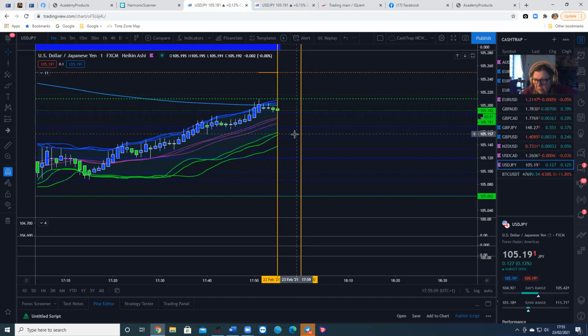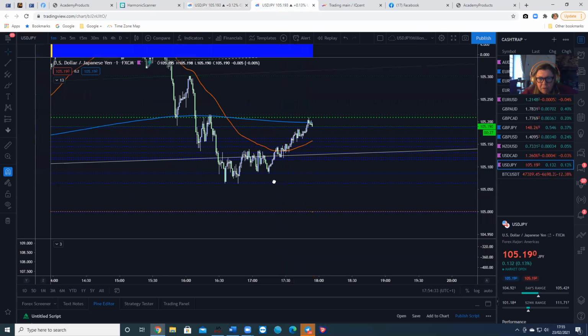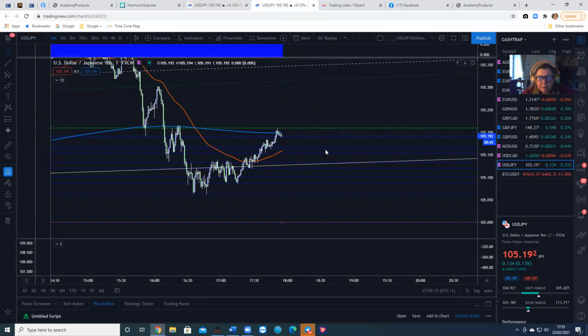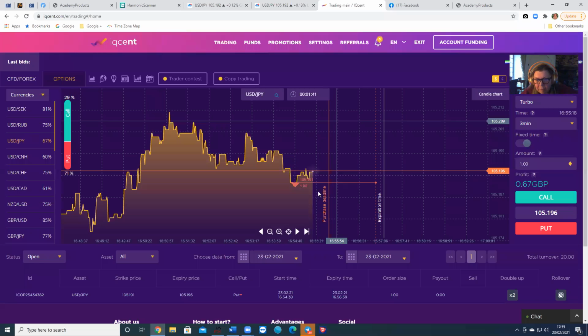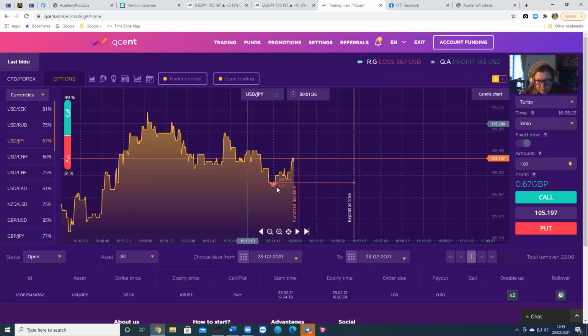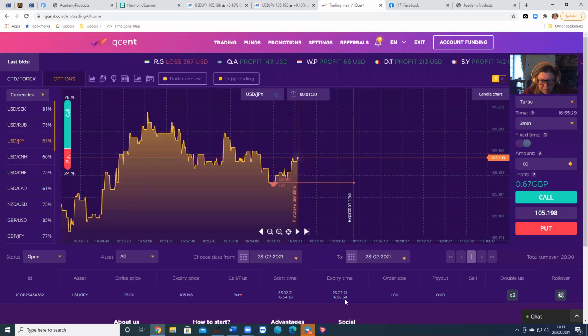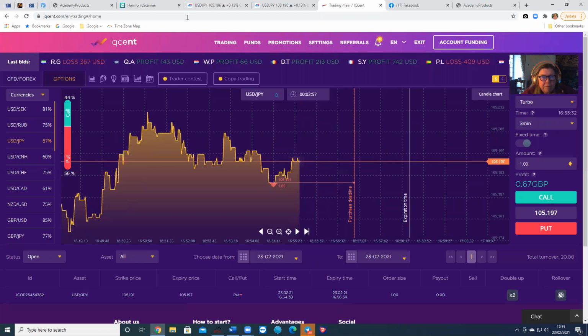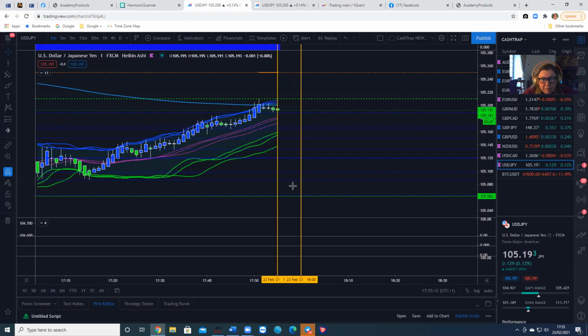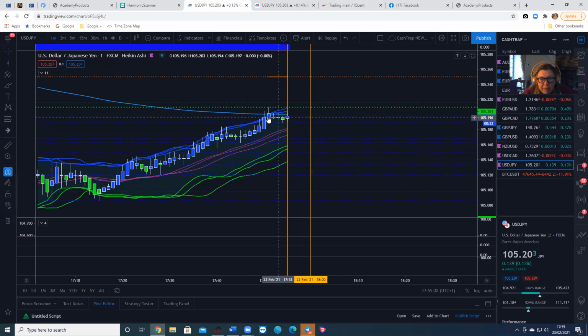Now I've taken a put at 105.191 just to show you. Let's have a look here. So it is coming up above that. Time 56, it's going to finish at 57. So it's going to finish 2 minutes into the last 5 minute candle. So it might be that that's all it managed to do, down to that level at 105.188,